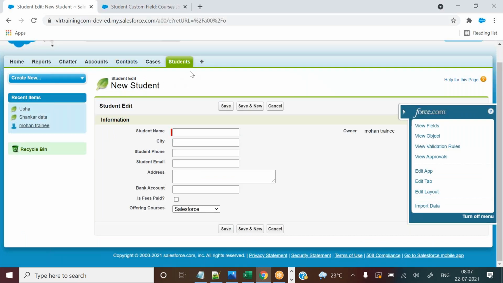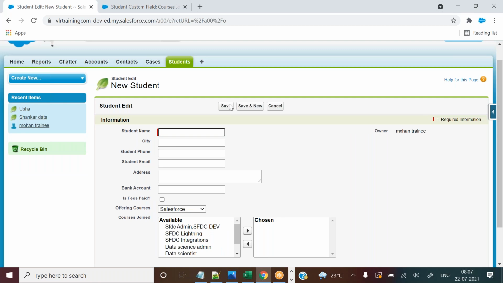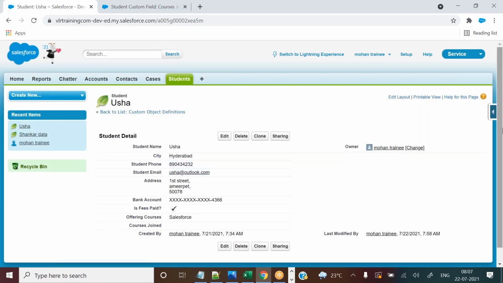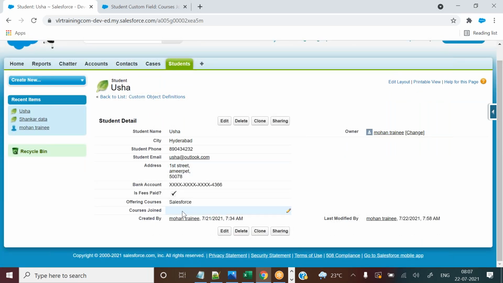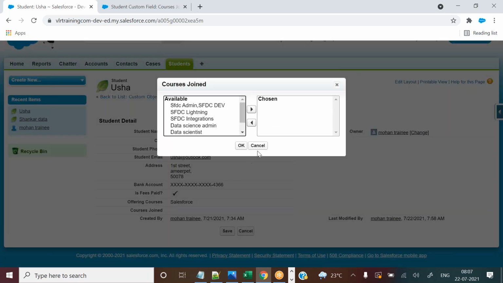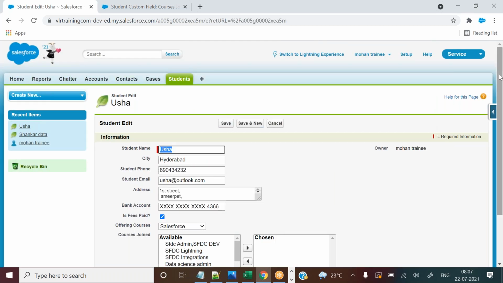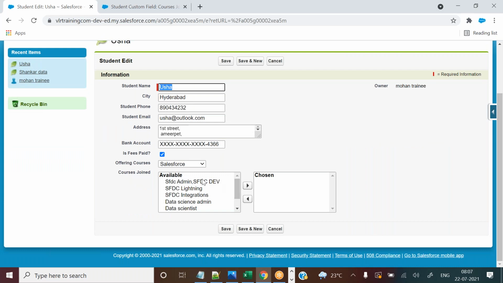Let's go here. Either refresh this one and you can see, or you can go to existing records. We are working with this record, right? Osha's record. Either you can inline edit it, that is one thing, or you can edit the whole record. So let's edit the whole record. Let me show you here itself. Now you can see two boxes are there. Let's see why two boxes: because you need to select multiple values. That is the reason two boxes are displaying.